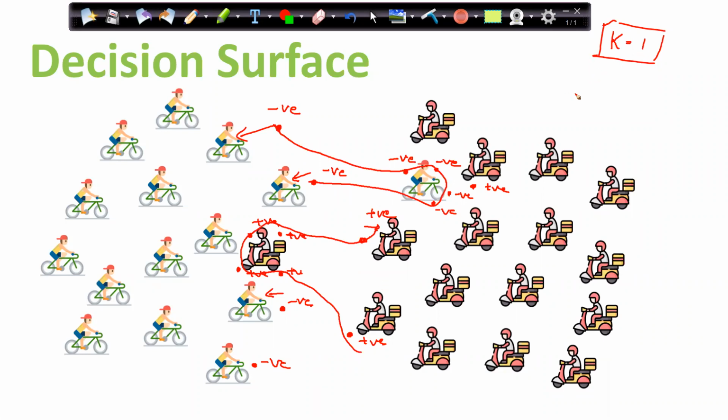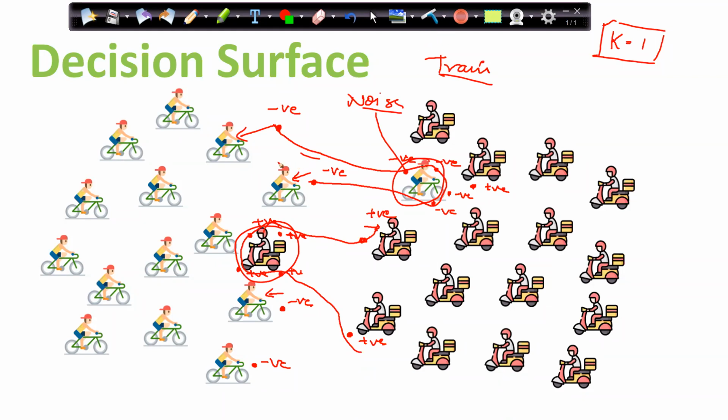So when my k is equal to 1, actually we are trying to overfit on the data. And as I overfit on the data, my line will be more zigzaggy. The benefit here is that there will not be any error. This guy is negative, it will say negative. This guy is positive, it will say positive. But we are overfitting the data. We are training my model on the trained data, right? And these guys are outliers, or I can say the noise data. It's a noise.